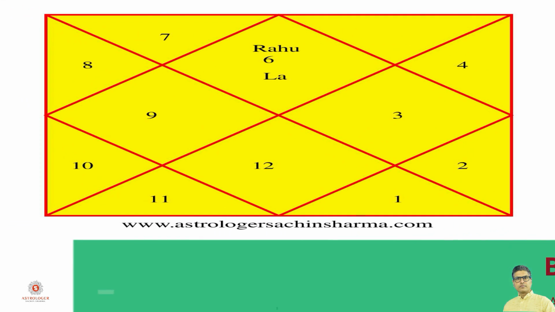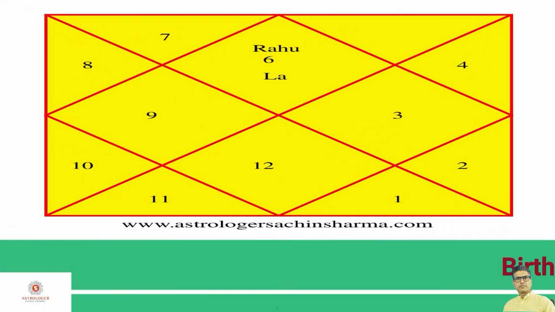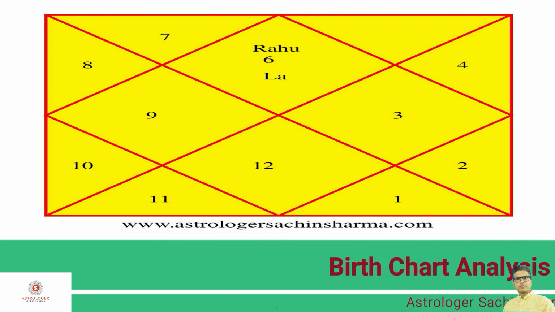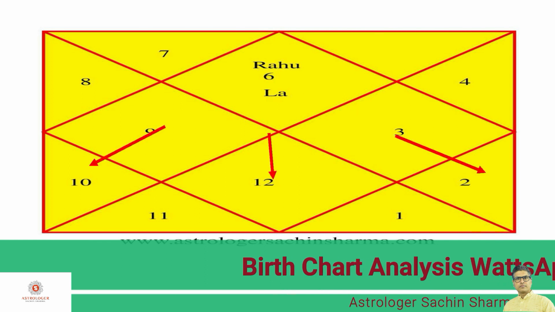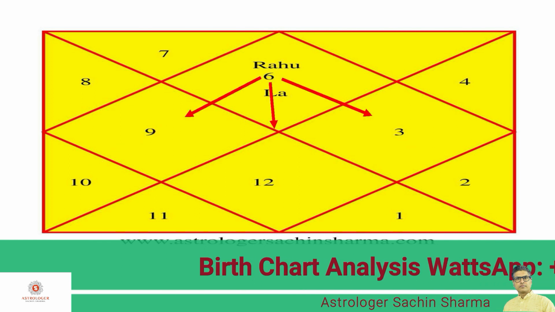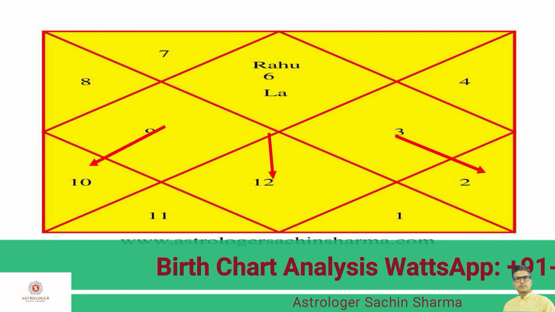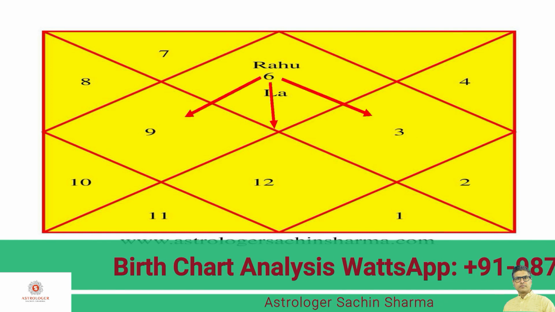So our first question is, in this birth chart Rahu is placed in the 1st house, then on how many houses it will aspect? So just pause the video and answer the question. In this birth chart Rahu is placed in the 1st house, therefore it will aspect the 5th house, the 7th house and the 9th house of birth chart, as you can see here with the help of these arrows.